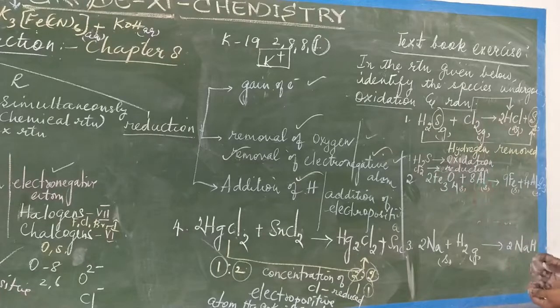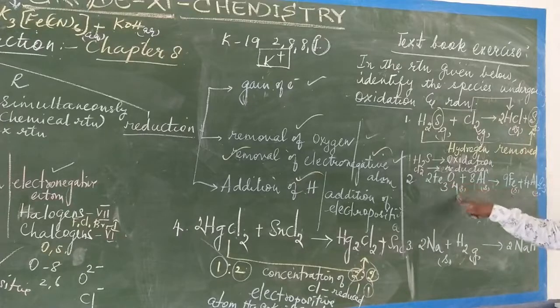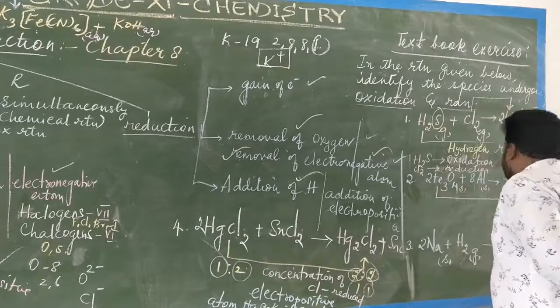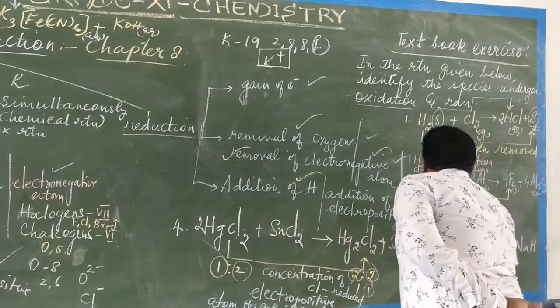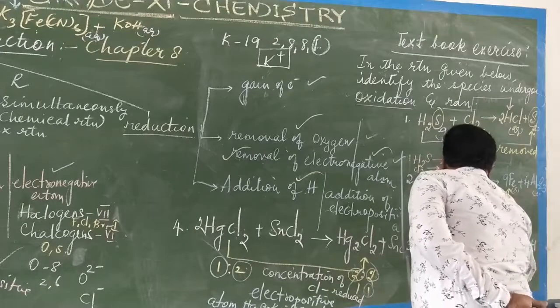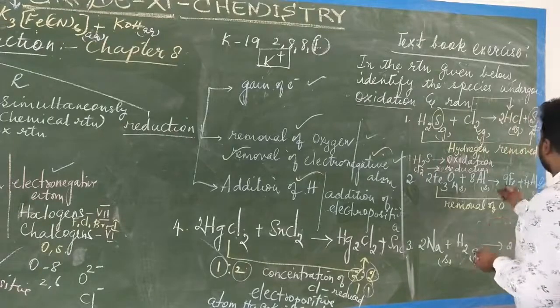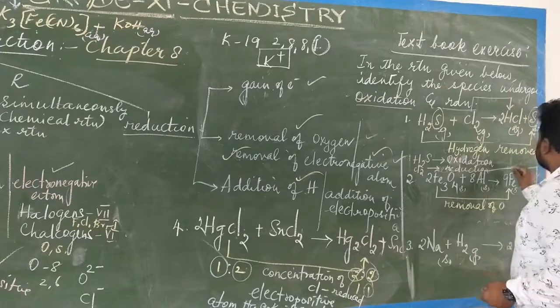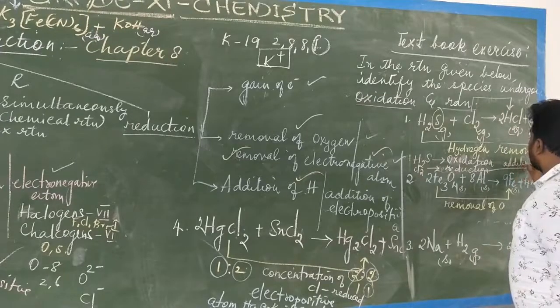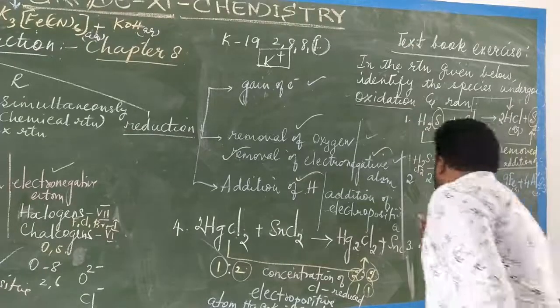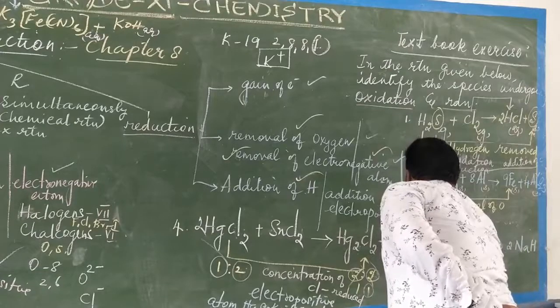Now coming to the next one, Fe3O4 plus Al, that is aluminium, gives rise to the formation of aluminium oxide, Al2O3. Now you see Fe3O4 becomes Fe. That means here removal of oxygen has taken place. Now here in the case of aluminium, addition of oxygen has taken place. The species Fe3O4